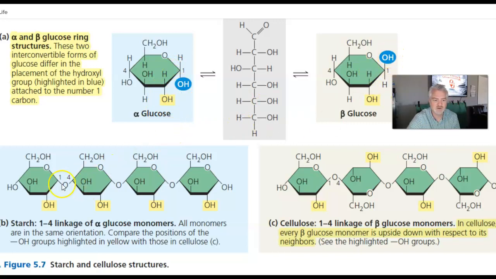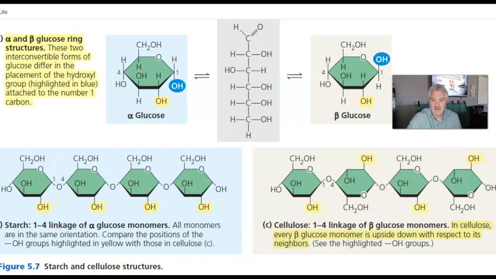So what that does is whenever we have starch, it makes all these hydroxyl groups on the bottom. Whereas on the cellulose, it alternates. It puts a hydroxyl group on every other one up top. What does that mean? It's complicated, but the main thing it means is we have enzymes in our body that can break this down, that fits like the lock and key. But we do not have enzymes that fit cellulose. Those same enzymes will not fit cellulose. So therefore we cannot break those down. Let's move on to the next